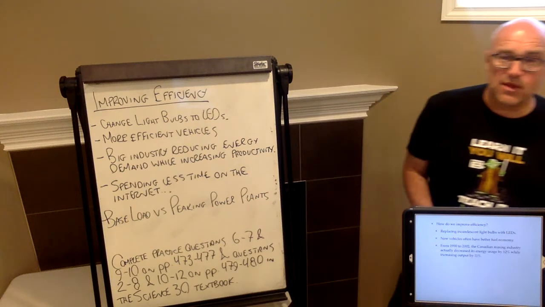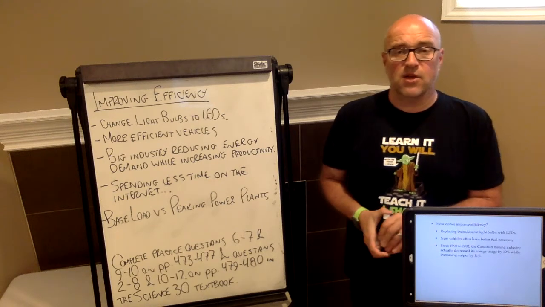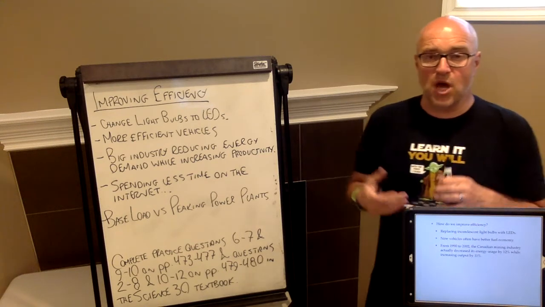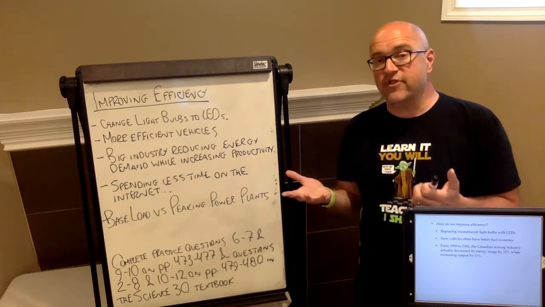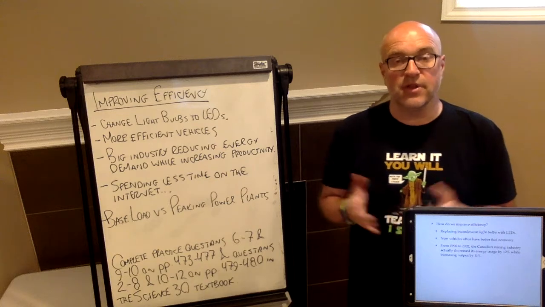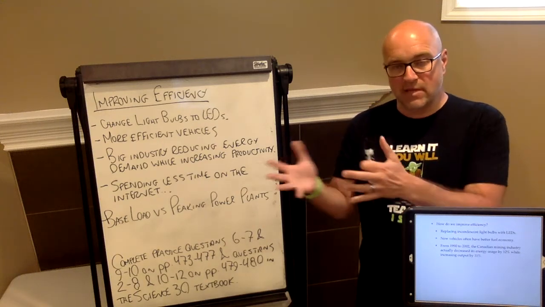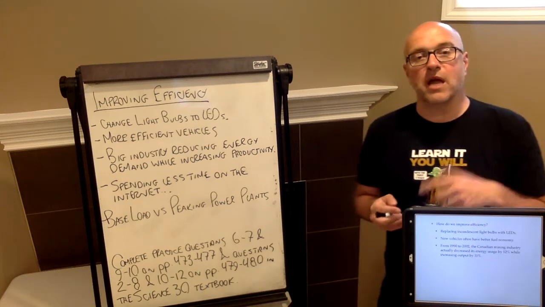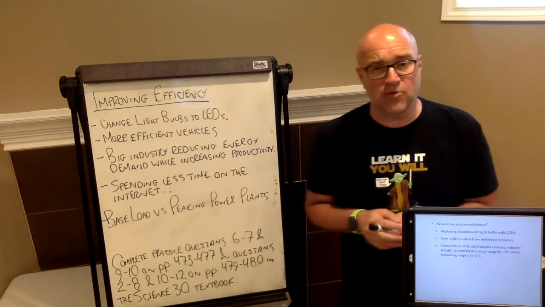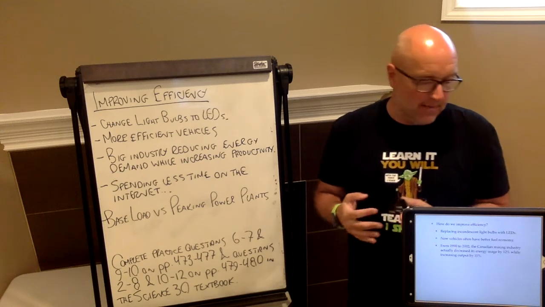Most people have already been doing this over the last several years. You replace those old incandescent light bulbs with LEDs. They use way less energy, and we're not needing as much energy to actually light our homes, which is huge. How about more efficient vehicles, hybrid vehicles, electric vehicles? I know some of them are more expensive, but that is hopefully something that's going to be turning the corner here in the next few years, is that we're going to have more electrical vehicles, more hybrid vehicles, which are going to be more energy efficient, less use of fossil fuels to power them.